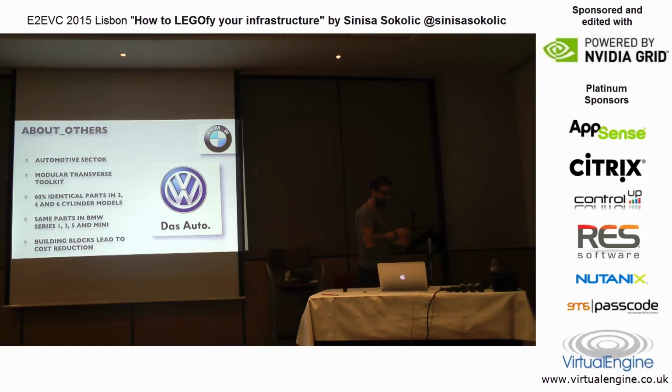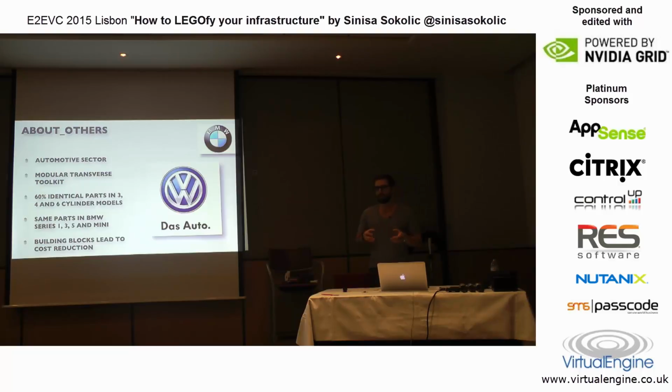What it does basically is create standardized parts that you can put together to create different kinds of cars. So if you want to be the leader in creating automobiles on this planet,